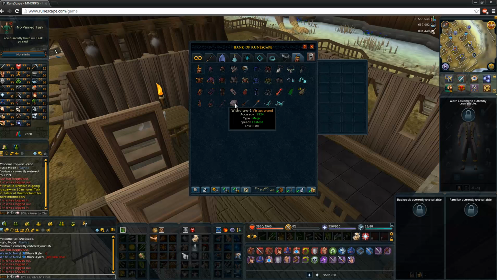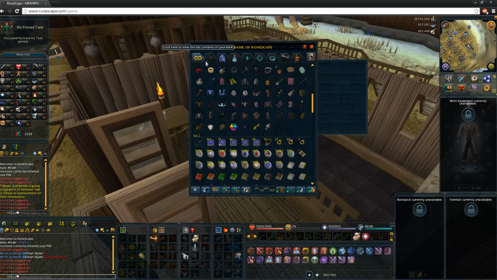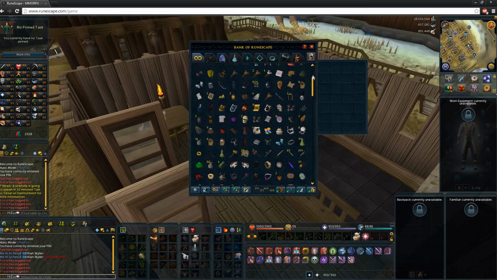I mean, Seismics are cool, but I'm more of a ranger. I love them. And yeah, that's my bank. Pretty much, I think I've gone over everything. Yeah, a couple of fire capes, Auspicious Katanas. So yeah, as I say,